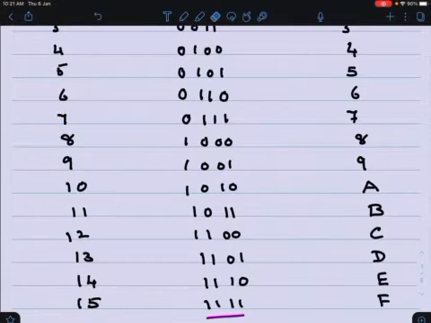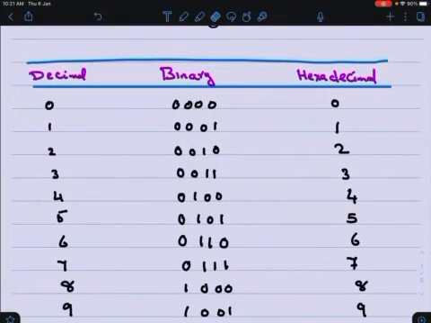Here in the table I have shown the decimal equivalent of binary and hexadecimal. So you can see the binary I have written in 4 bits, that is for a purpose. 0 corresponding 4 bit is, all 4 bits are 0, and you have the hexadecimal as 0 itself. 1 is, the binary 4 bit number is 0001. So remember, 4 bit you have to write all the 4 bits, whether it is zeros, doesn't matter, you have to put that zeros also, because the place value is very, very important. 0001, and here again it is 1.